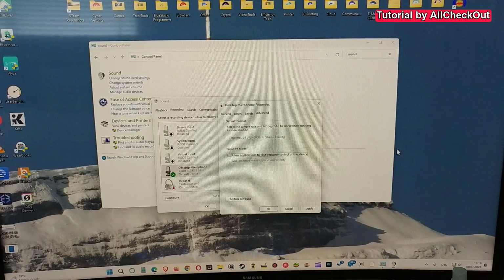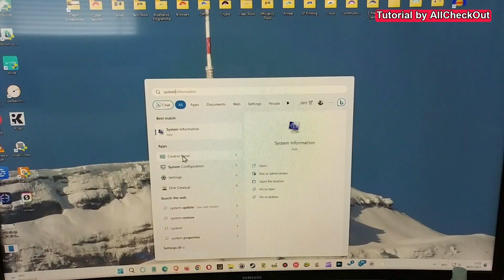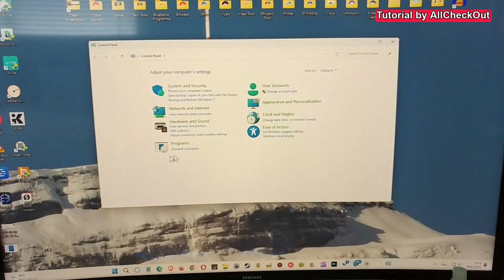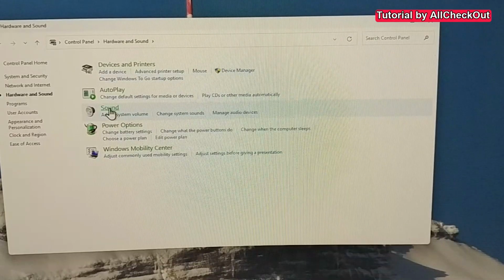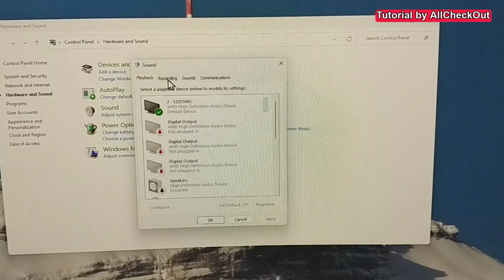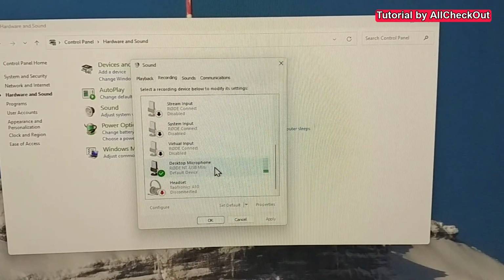So it's good to know now how we can get rid of this situation, but it's even better to know how we can prevent that. The easiest way is to hit the Windows key and type system, and then in the apps we see this control panel. We go to hardware and sound, click on sound, and in the sound setting we have to go to recording. We go down to the microphone in question,